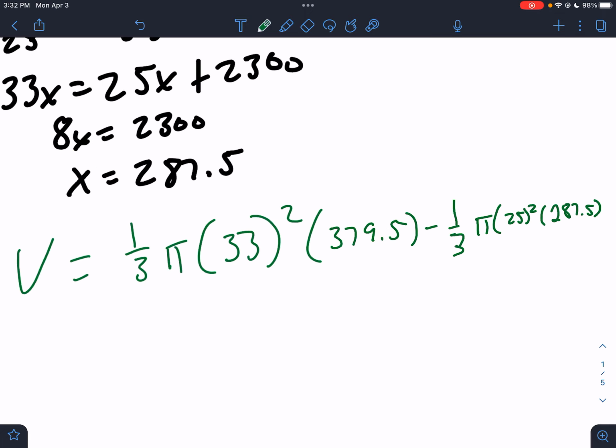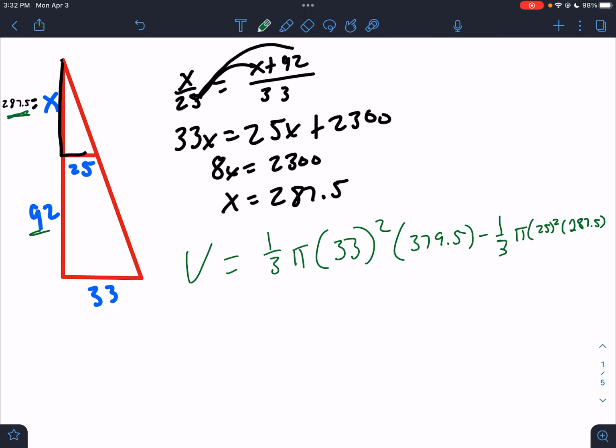And this is the answer. That's the volume. You can go from this line straight to the final answer. I am not going to type the pi's into my calculator. When you type an irrational number into the calculator, you open up the door for problems. So because they're both in terms of pi, I'm going to type it in one line, but I'm going to